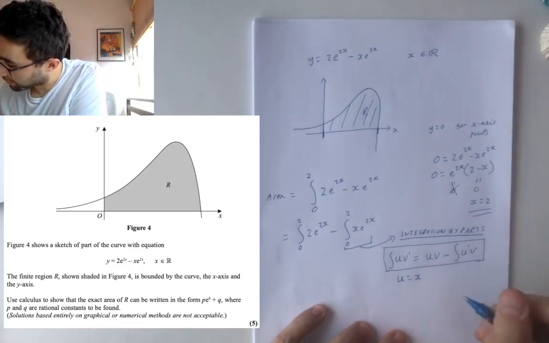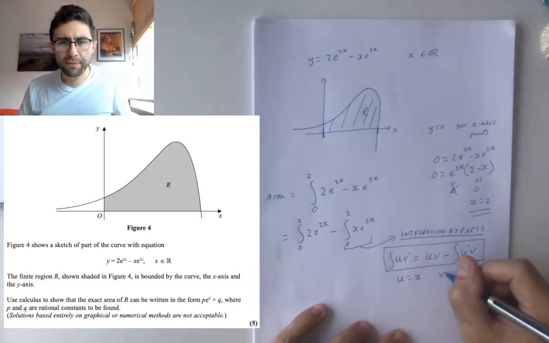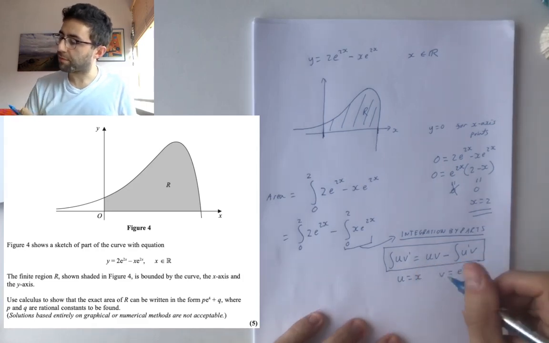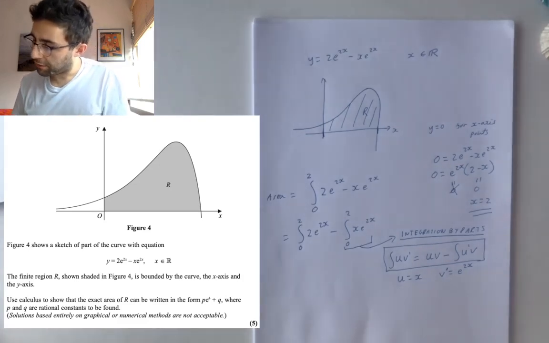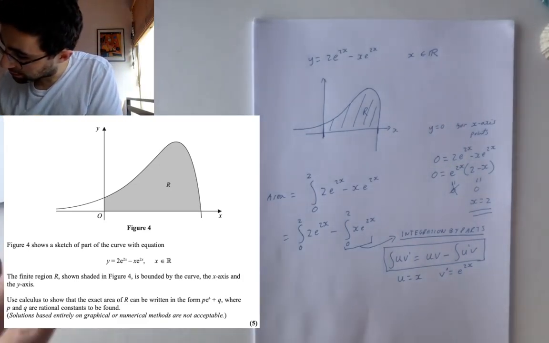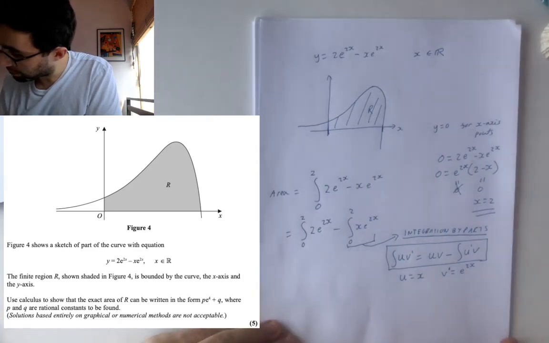A quarter e to the 2x. And you can check that by going backwards. The integral of a half e to the 2x is a quarter e to the 2x, because if you're differentiating it, you would multiply a 2 down the front, you'd get 2 over 4, which is a half. So that works okay. Let's just put this section aside, as it's kind of separate, going back to the main